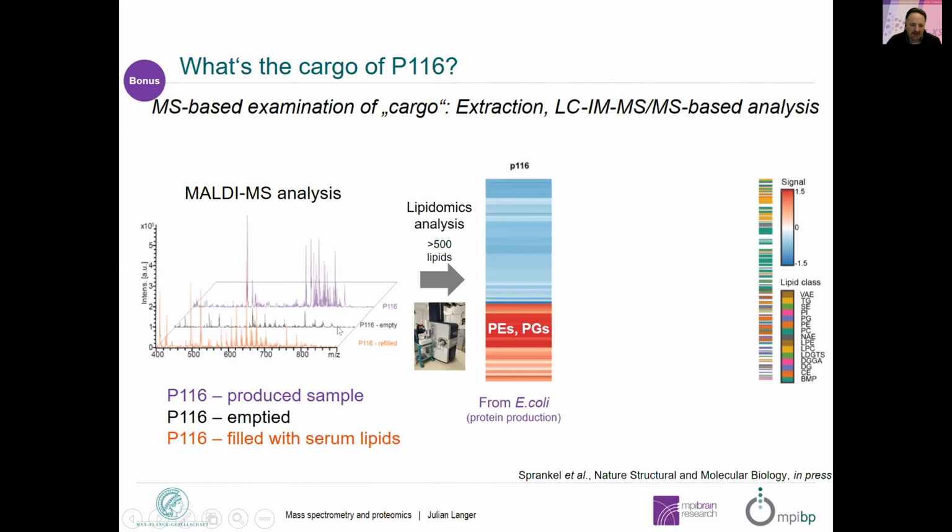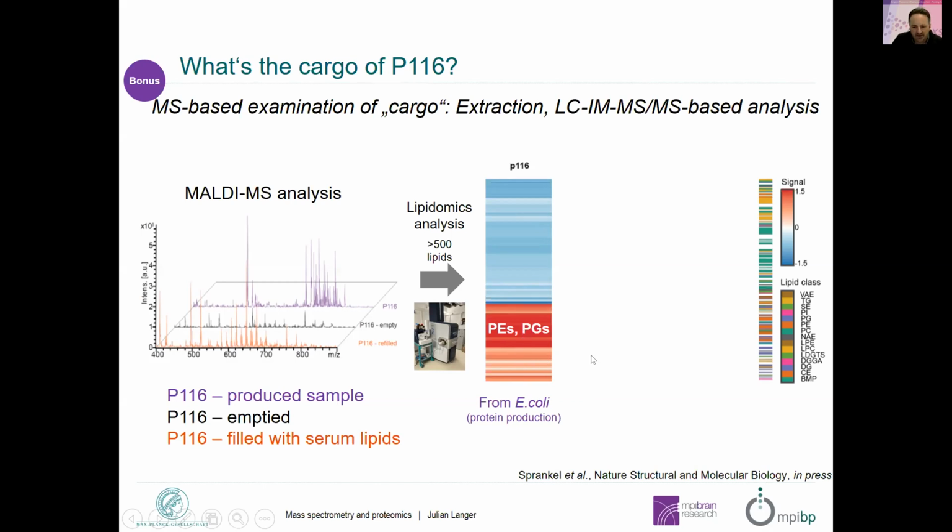And now all of these peaks here that you can't really assign unambiguously in a normal MALDI spectrum. In a MALDI TOF, you will not be able to separate them. If you use LCMS, that's a fairly straightforward thing. And if you have ion mobility, it becomes even easier. So we saw this as mainly PEs and PGs from E. coli. So stuff that you expect, but that probably has zero physiological relevance because it's just an artifact from protein